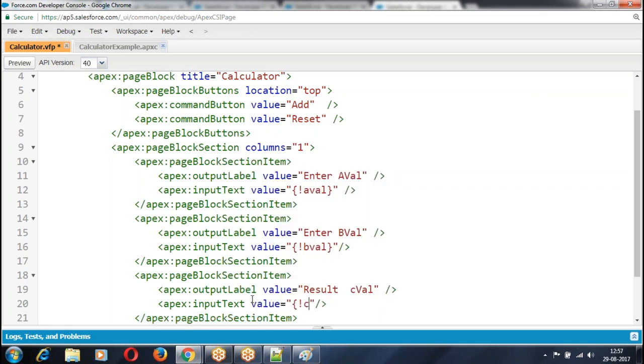Initially, what are the values of these? What are the values of B value? Get of B value is 0 or null. Get of C value, null. Get of A value, null. Initially, it's null. When I click on add, action equal to